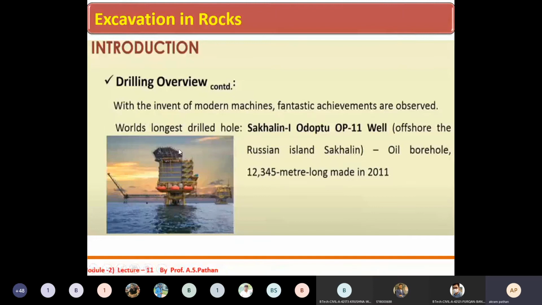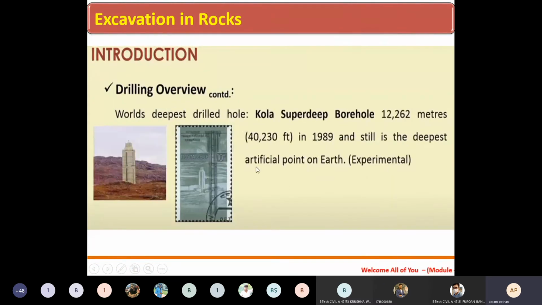So if you have the technology, then we get the opportunity to work there in future also. In a foreign country, if you have drilling and blasting technology, there is an opportunity for a civil engineer. That's why I am taking these particular examples. So again, I would like to share another historic moment at this stage.